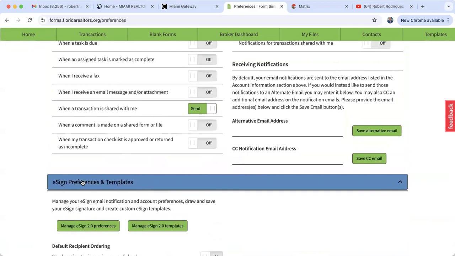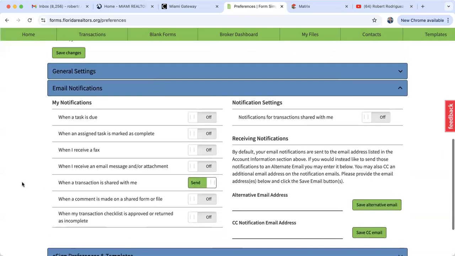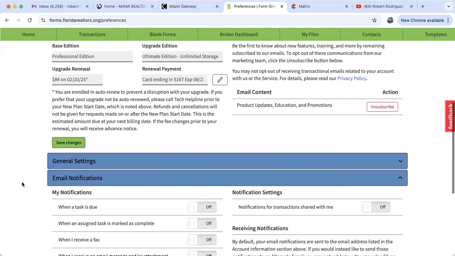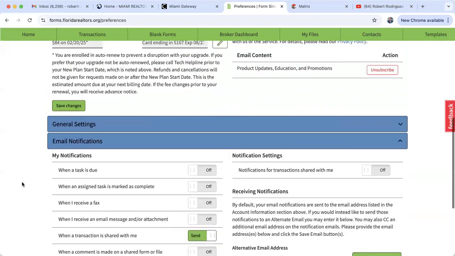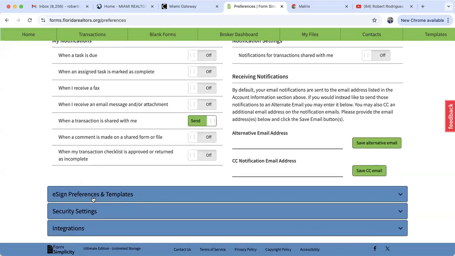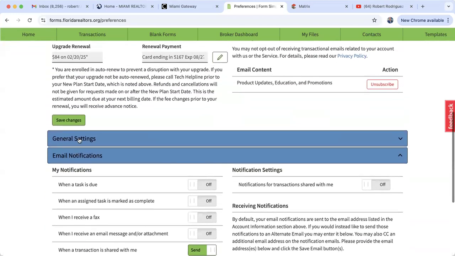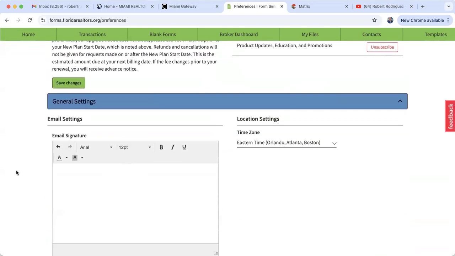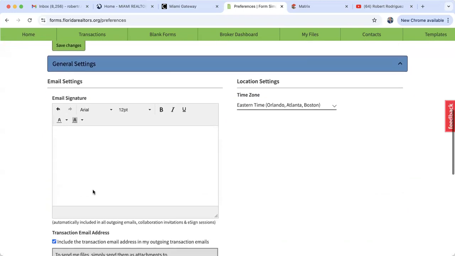Sorry, that was not the email preferences. That was the eSign preferences. All right. How come I don't see the email signature? I don't see the email signature anymore. Oh, there it is. Okay, so under general settings,